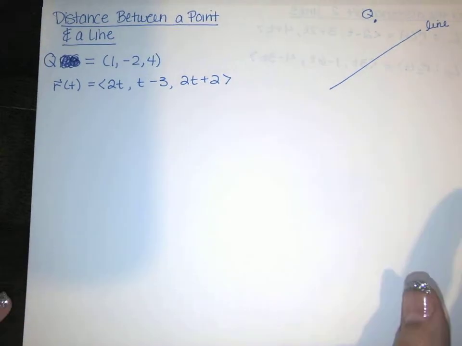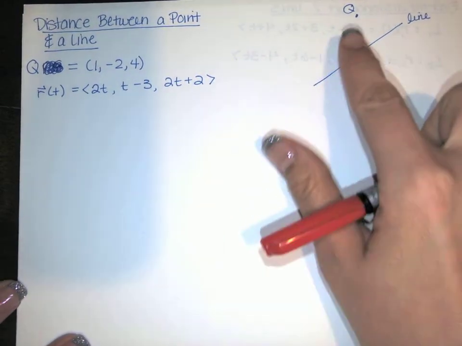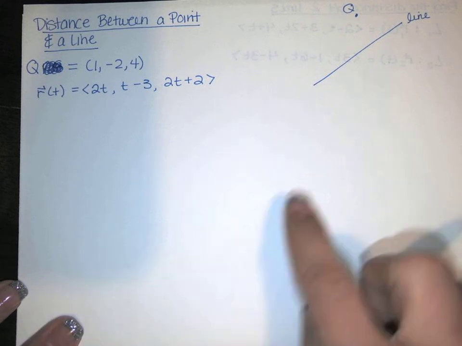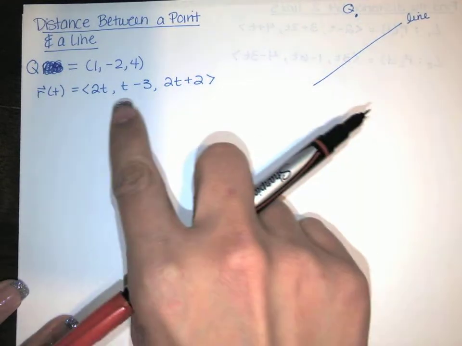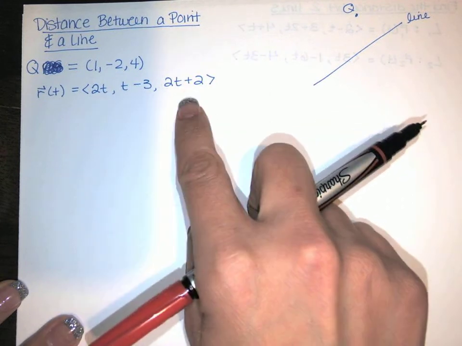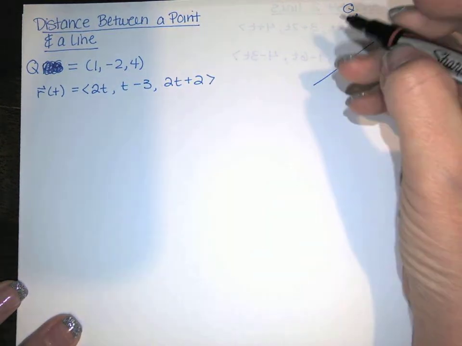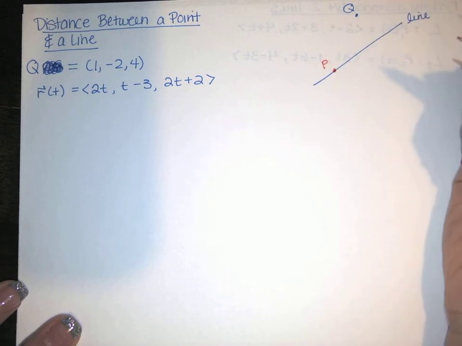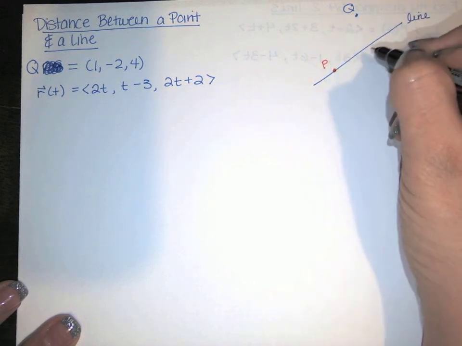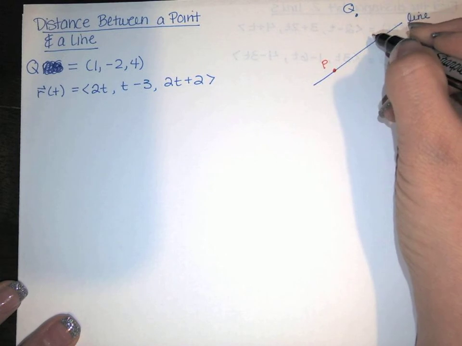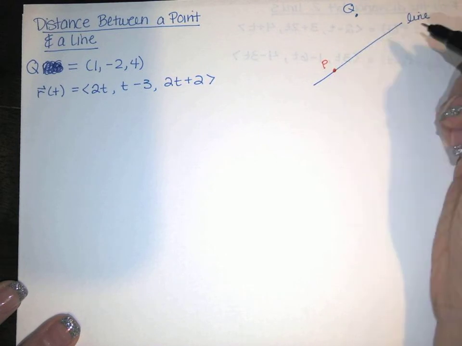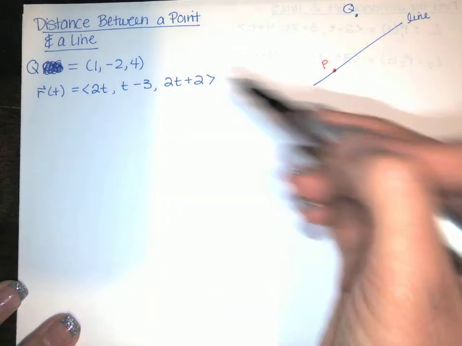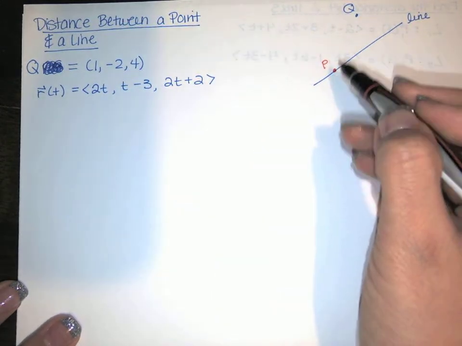Okay, so let's figure out how to find this distance between some line and point Q not on the line. Well, if I have the parametric equations of the line, by plugging in a t-value, any t-value, we can get a point P on the line. And there's no guarantee of where that P is located. P could be there, or P could be there. That'd be nice. We'd find the distance between Q and P like that. P could be over here. P could be way down here. But we plug in a value of t, and then we're going to be able to infer a single point